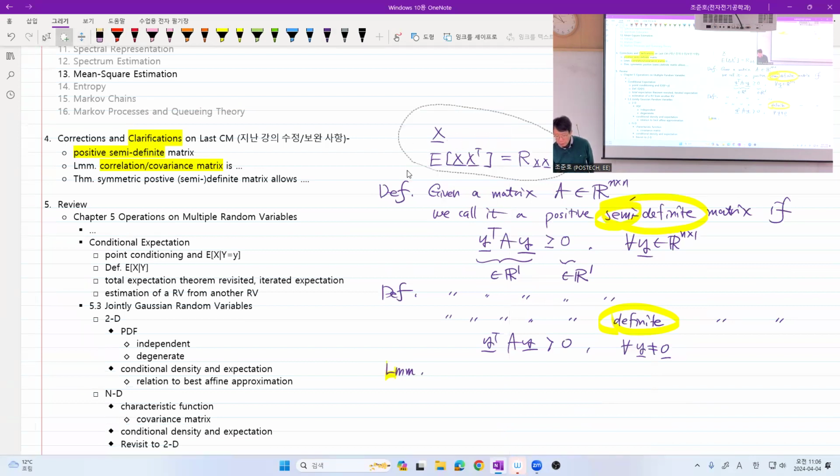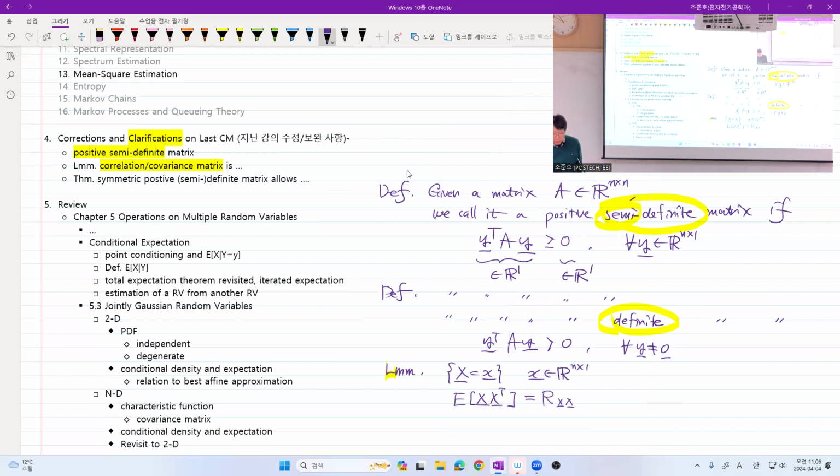We have defined the correlation matrix over a random vector here. So we have some events like this, right? Where I assume X is a real valued n by 1 vector. And can you say something about a correlation matrix in terms of positive definiteness or positive semi-definiteness? If R is a correlation matrix of a random vector,